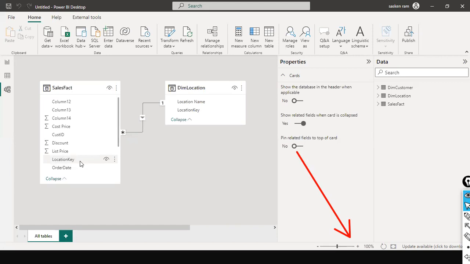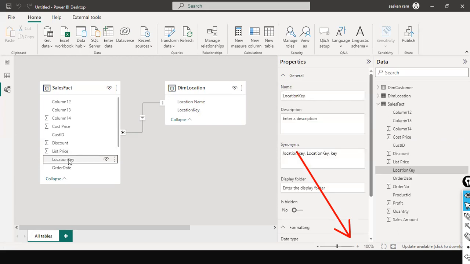We have something called an artificial key and a business key. We'll discuss that later. So at this moment, remember that if you have a common column between the two tables, you can create the relationship. But that doesn't mean only the same name, for example, the location key. In this case,